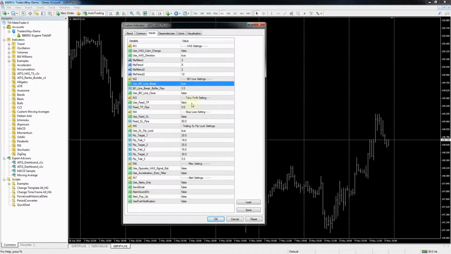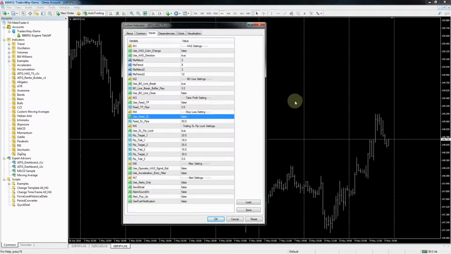Take profit, I'm not going to be setting up any take profit, but you can set a fixed take profit here if you want to set this to true, and set a fixed take profit, 10, 20, 50 pips, whatever you think you want. Same way with the stop loss, I'll leave that at false for now, and you can set that up however you want. If you want to set a protective stop loss on here, you can turn that on. Remember, all of these take profit stop losses are hidden from the broker. They do not go to the broker. They are only on your screen here,